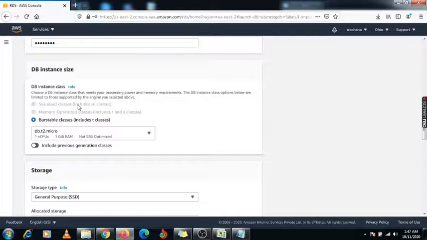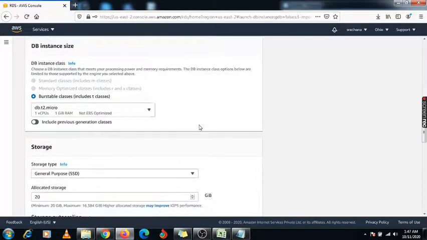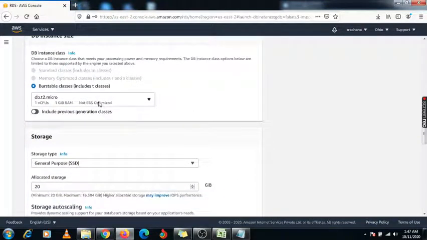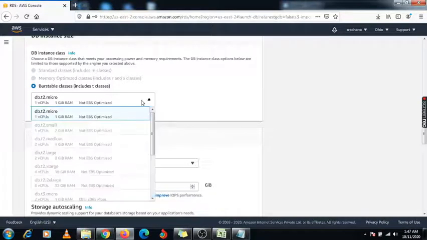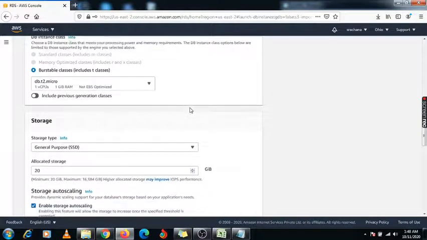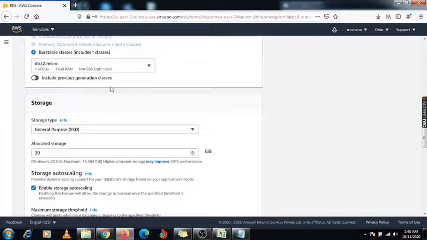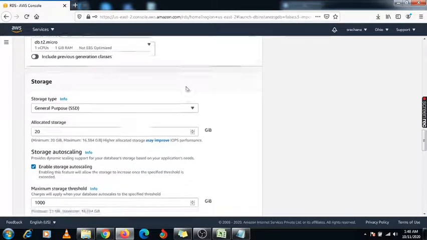So you can check it for the standard, and you can choose according to your requirement. Here you can select your instance type like db.t2.micro. This is what we get by default for the free tier account. If you want to check the previous generation classes, you can just click here and check what options are available.